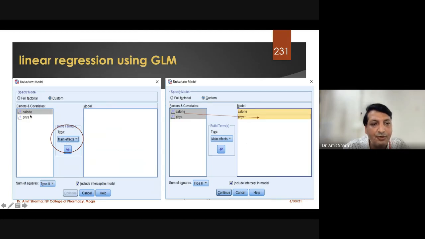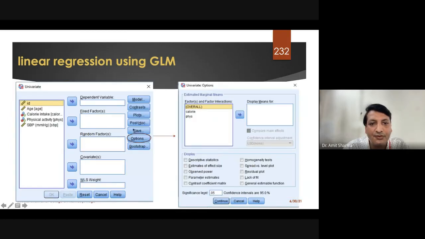Then I will move both the variables from here to here, and both variables have been added into the model. And build item type, from interaction, has been changed to main effect.